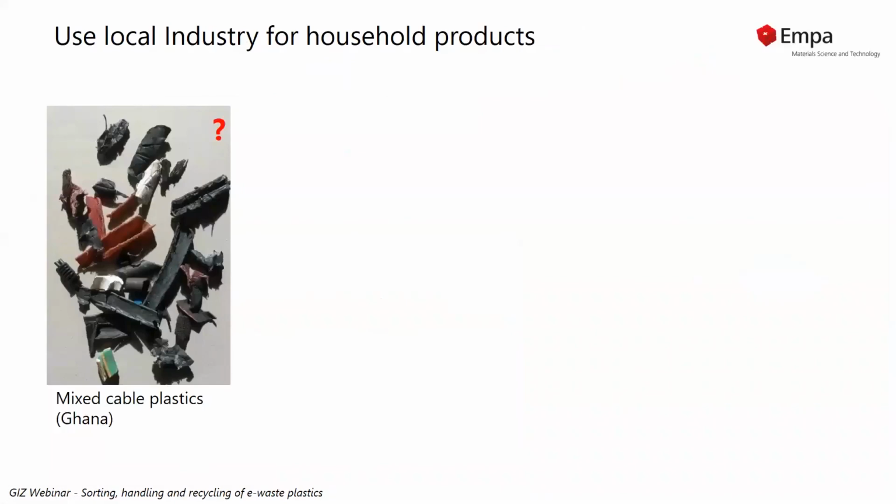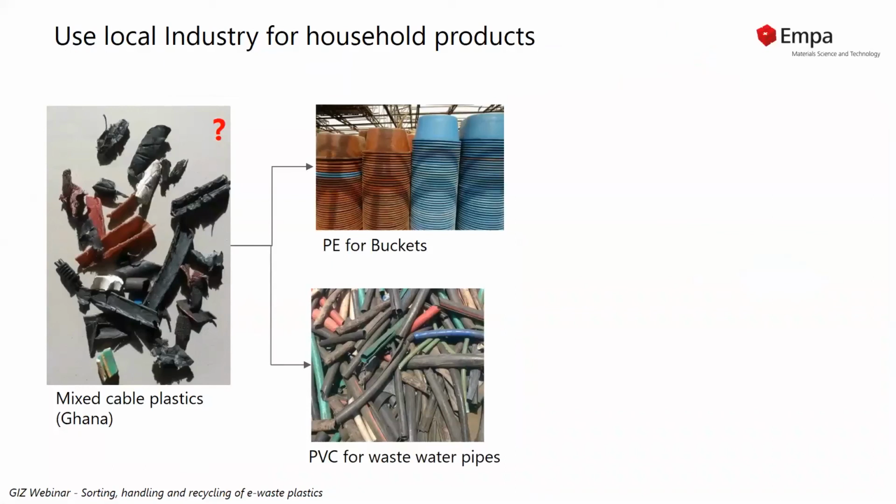And this is something more of a household product example, and here starting off with mixed cable plastics from Ghana that we saw. So somebody was operating a cable stripping machine, was able to recover or sell the metals. He was able to get out of this, and the plastic was just sort of left, and nobody knew what to do with it. And when you know a bit what sort of plastics you have, you can come up with a very simple separation step, getting out the PE as one of the main components of cable plastic and the PVC. And we were able to find for both plastics manufacturers of products within Ghana who could then replace some of the virgin material with that